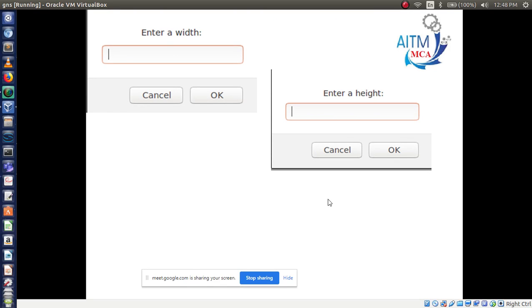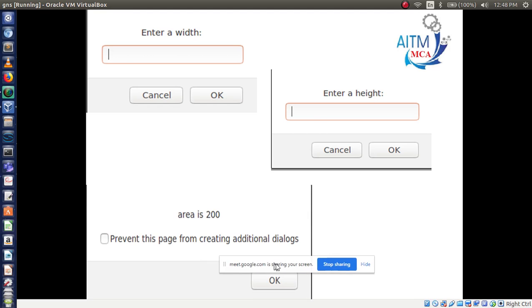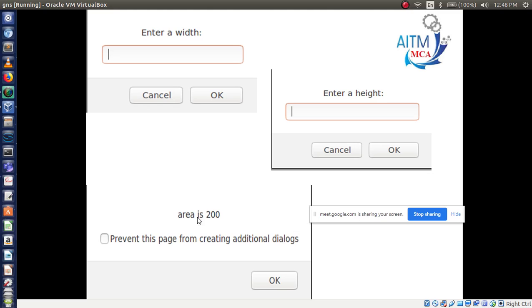Now this is a demo. Enter a width, enter a height, then area is 200. Here I am displaying in which kind of box? Can anyone tell me? Here I am displaying the result, area is 200. Which box I am using here? Is it confirm or a prompt, or which box it is?